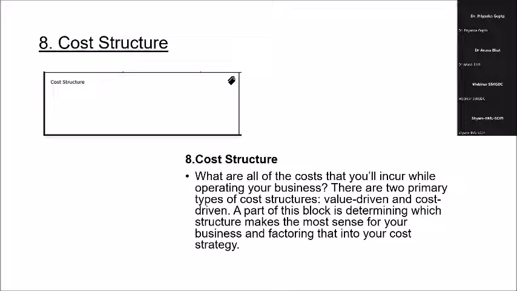I have to pay rent somewhere. This is my cost. I have to distribute the salaries of my staff. This is my cost. I have to invest in computers. This is my cost. I have to spend on many other things while running this business. So what types of costs are involved? You have to identify them and mention them in this box. A part of this block is determining which structures make the most sense for your business and factoring that